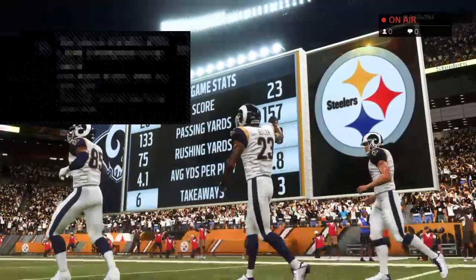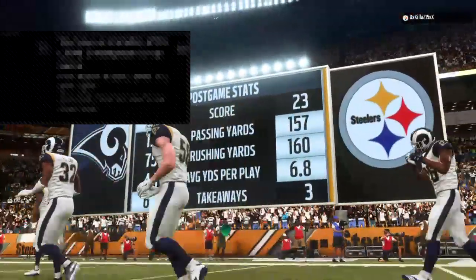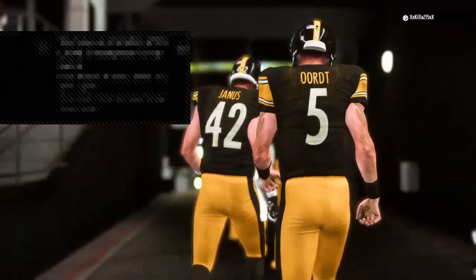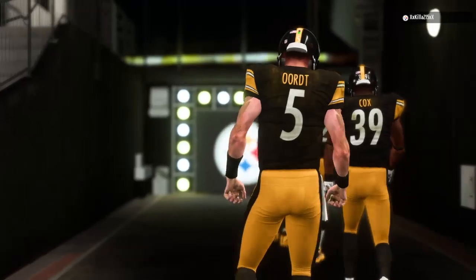Game all the way through. So for L.A., they continue to cruise through this first half of the schedule as they move to 8-0 now on the campaign. And they'll be able to enjoy this one through the bye week before they get back at it again. Meanwhile, for the Steelers,